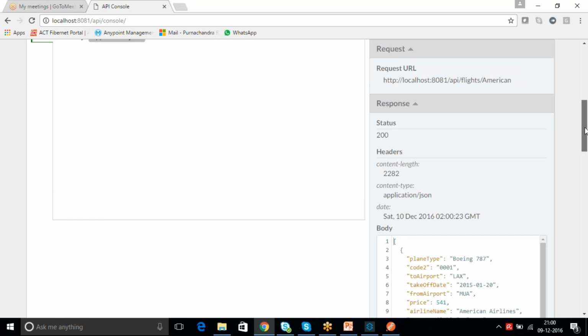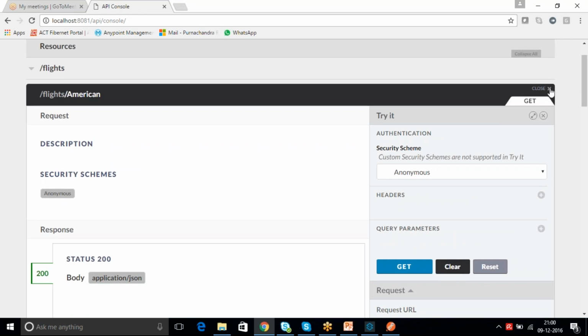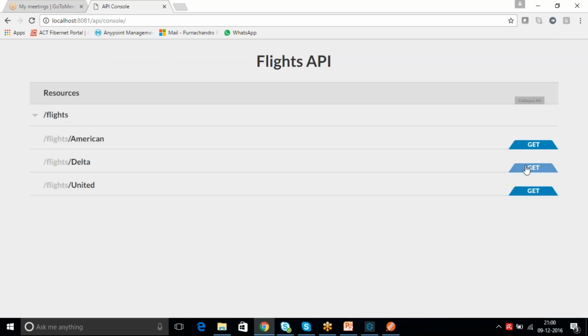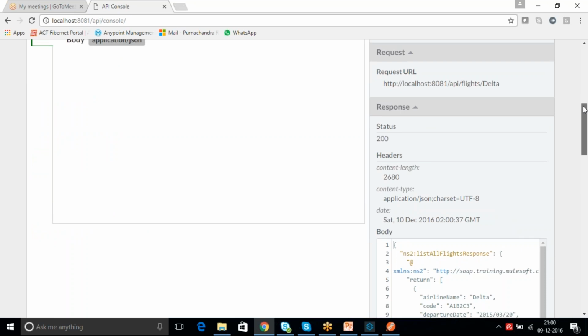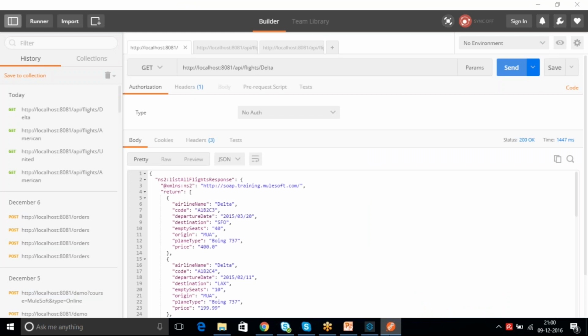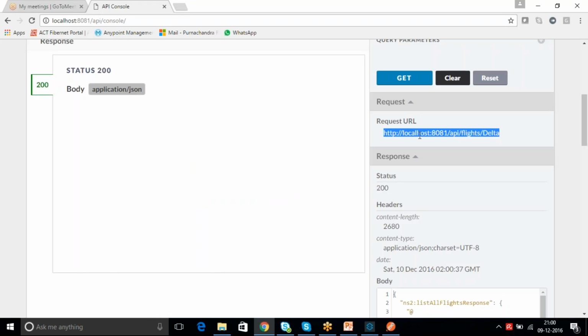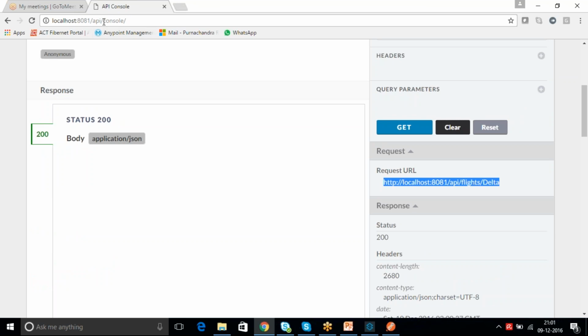So from the console also you can perform all these GET operations. American, Delta. See, we're not using anything different from Postman or browser. If you read the path, the same path we hit from Postman. We did not make any changes in that. But the console is the look and feel, and you can exactly see what the resources are and what the status code is. For that, APIkit Router comes with a console, so that you are using.